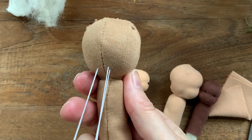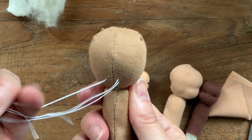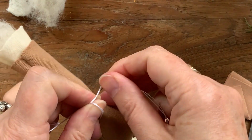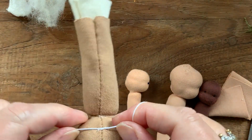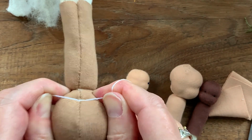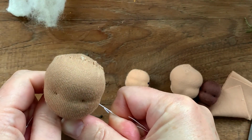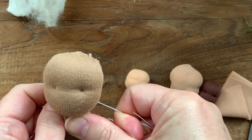And now on the back side, you've got 4 strings, and you need to keep these 2 and these 2 together. Make a single knot, and start pulling it. And this is why you need really strong thread, because if you pulled on this with weaker thread, it would break for sure. And by putting in a knot before you start pulling, you pull on both eyes equally,